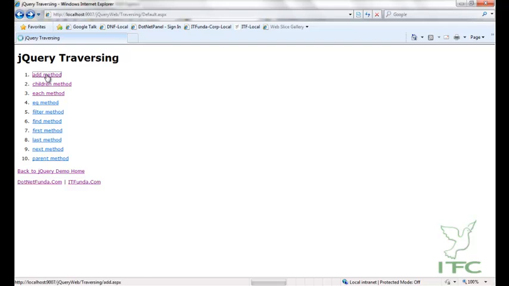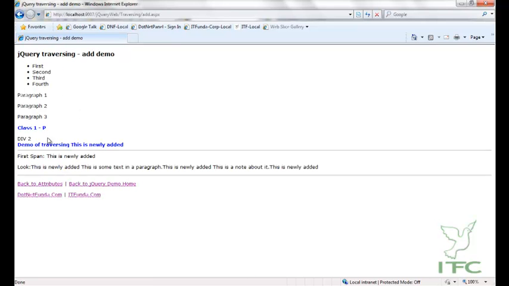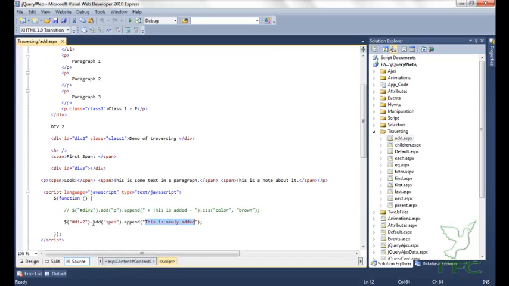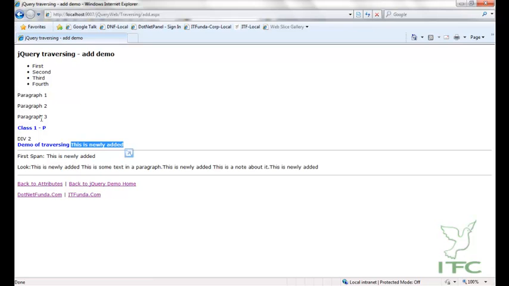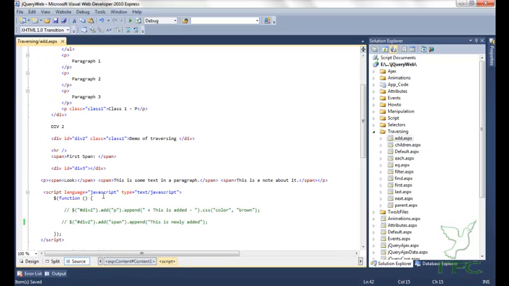I have the add method. I clicked it. You can see that this is the demo of traversing, the original content of the div2, and this is newly added is being added because of this code, add a span. Note that if I comment this line of code, then this is newly added will not appear. Let's see, you can see that it has been removed. Okay,